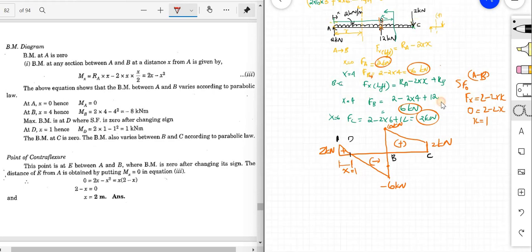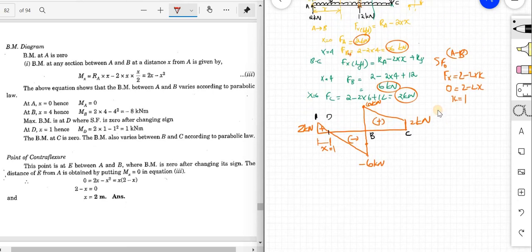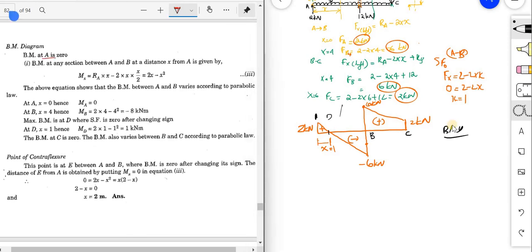So I'm just taking the loads. First thing I know, I have to find out the bending moment. Bending moment at A is equal to 0. Therefore, bending moment at A is equal to 0. So at this point it will be 0. Next, I'm going to find out the bending moment at each and every point.